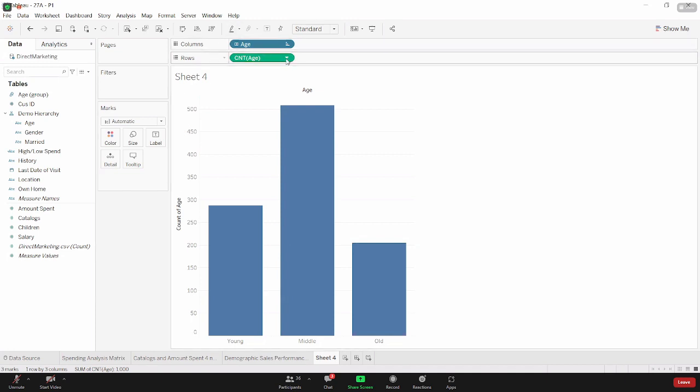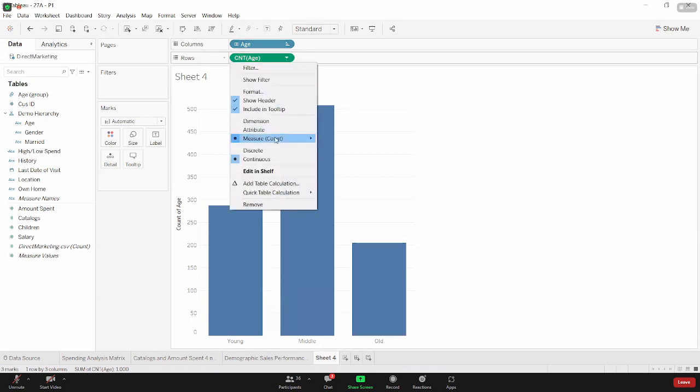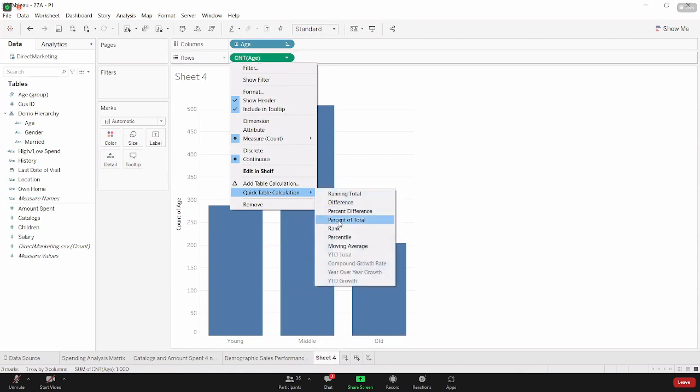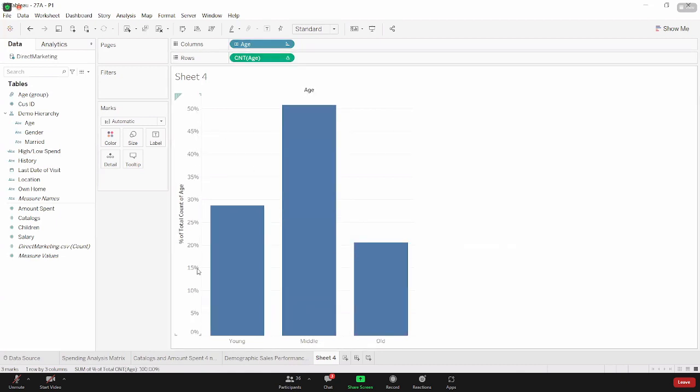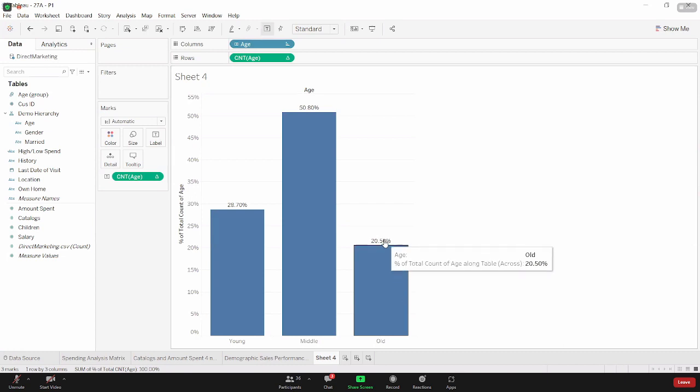Instead of showing the total number, we can drop down here, go for quick table calculation, and press percentage of total. So in which case, I can see the percentage of total. Then we can do a little bit more. If we want, we can drag this percentage of total here, or hover over here. What we can do is press control, or if you have a MacBook, press command, and drag it to the label. In which case, now I get to see the percentage contribution of each of them, and as